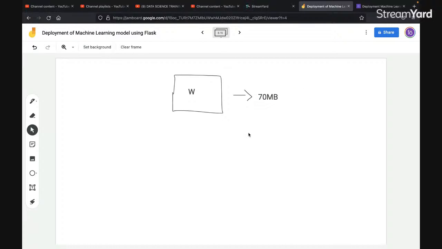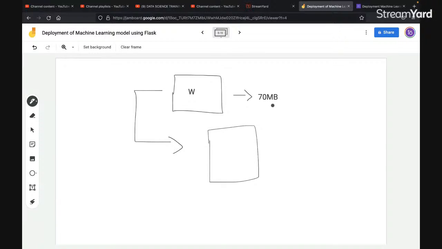Now, this is a question for you guys. The Play Store says that this application is 70 MB. Does that mean that if I install this application on my mobile phone, it will consume only 70 MB?